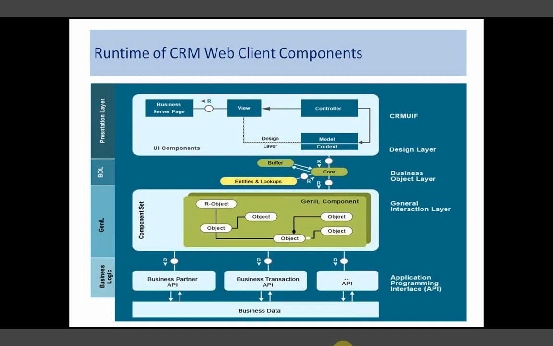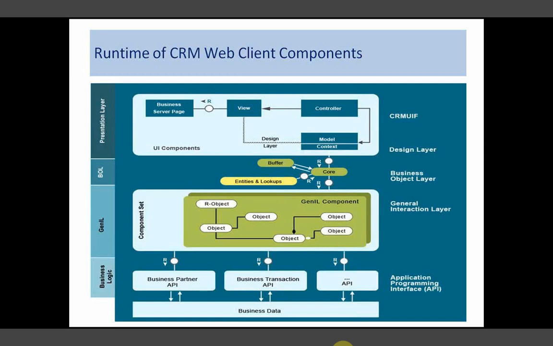Yes. For our web client, the presentation layer and BOL are responsible. Whenever we use the UI, we need to use BOL. But you can directly use Genil in some programs of the CRM. I see.